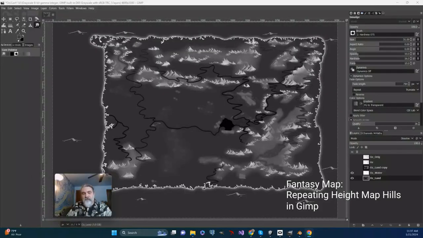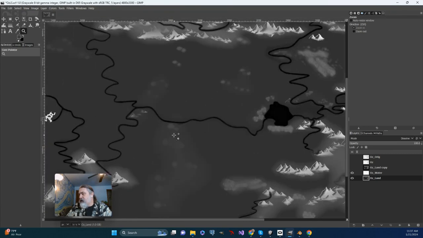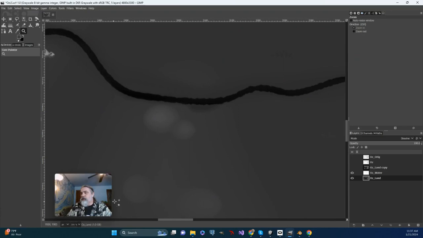Okay, so a little bit of further tweaking on some of these hills on this Oz map. Let's go ahead and maybe zoom in on some of these larger, lighter hills. And another thing that I can do is maybe keep and maintain the hills. But let's go ahead and actually